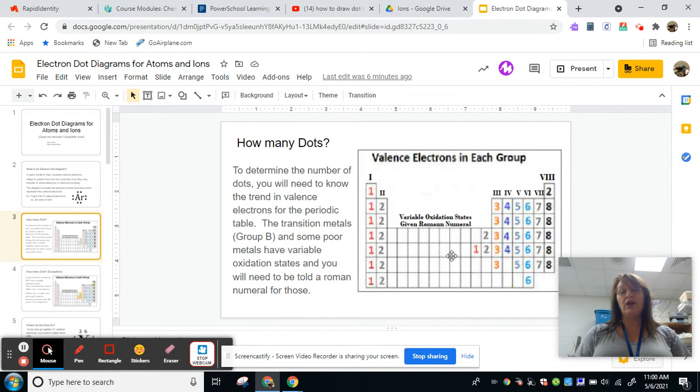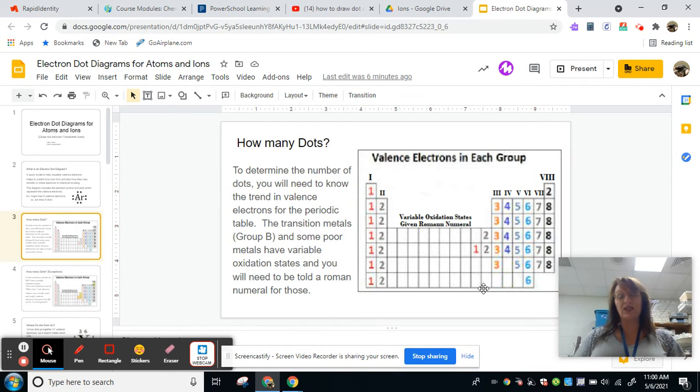If you look at the transition metals here, those are called group B elements. And also at the bottom down here, some of these poor metals don't have just one possible number of valence electrons. They actually have what we call variable oxidation states. They have the ability to promote electrons from lower energy levels to the valence energy level, and they can do